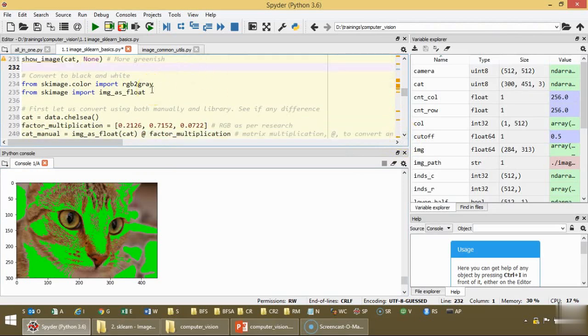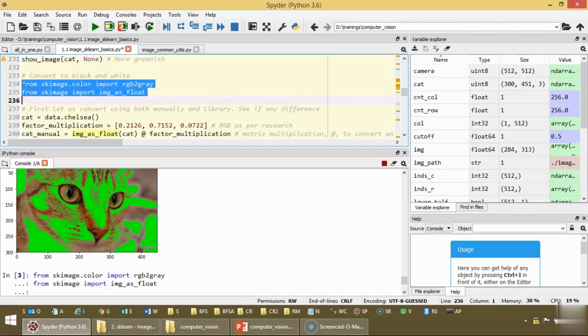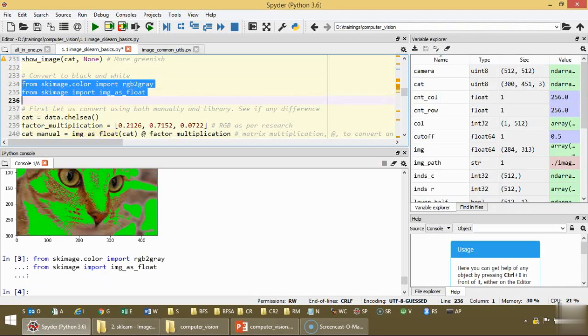Till now you have seen that we had used cmap to convert to gray. But if you have the color image, you can also use this function to convert to gray, and you can also use this function to make it a float. Because why do we need to make the float? I'll just explain in a minute. Okay, so 234 to 235 I'm running to get the library, and 238 we are getting the image